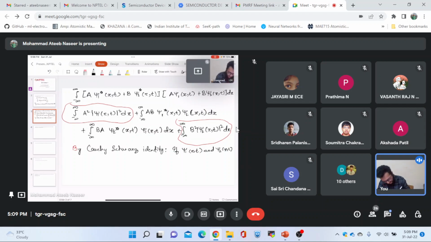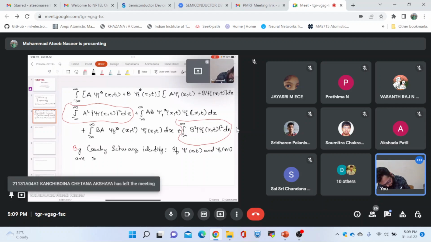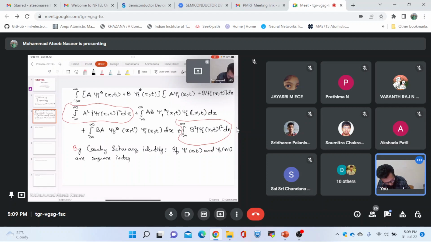So if these psi1 and psi2 are square integrable, what we will be having, it says that their inner product is guaranteed to exist. And it says that